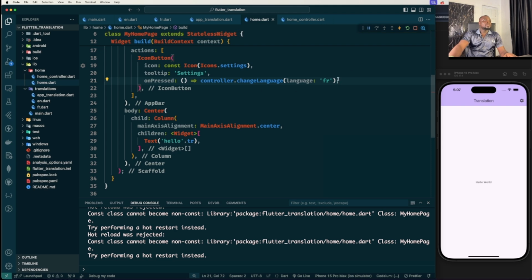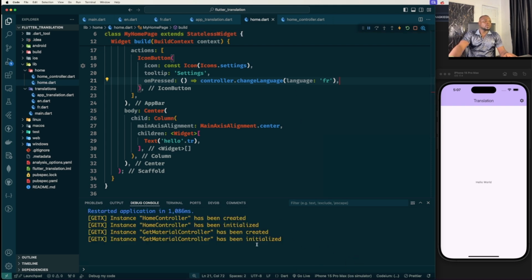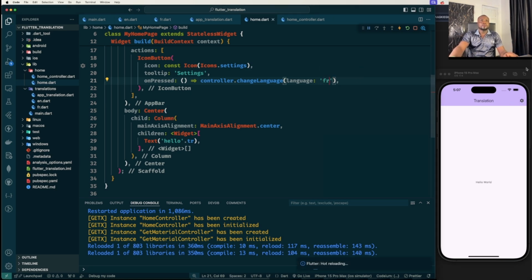Okay, so with all of this, I'll just do a hot restart. Let me be sure everything is working. Okay, everything is working perfectly. So let me now click on this. Voila, you can see hello changed. And now if I click again, of course it's still French. So if I change this back to en, once I save it will actually refresh. Then I can click on this and it goes back to English. If I change this again to French,